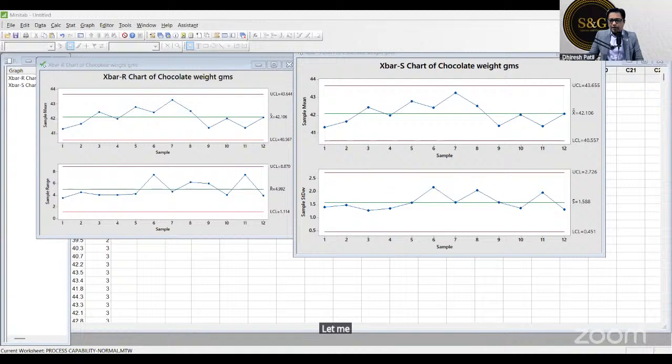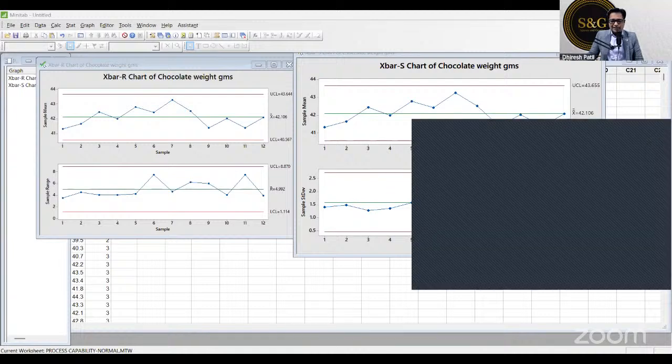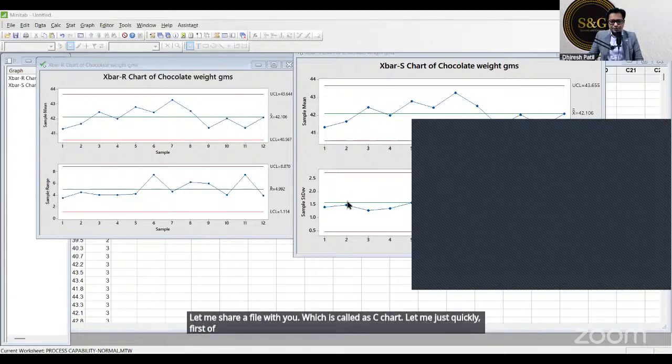Let me share a file with you, which is called C chart. Let me just quickly, first of all, stop this and share the C chart with you. Okay,